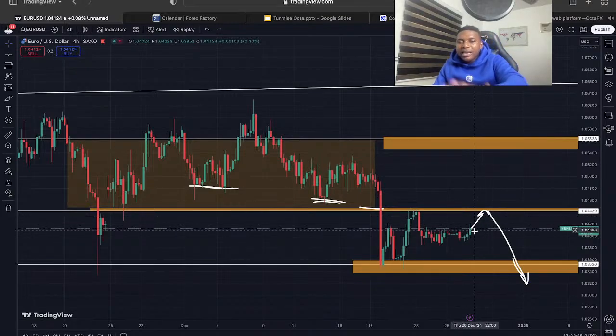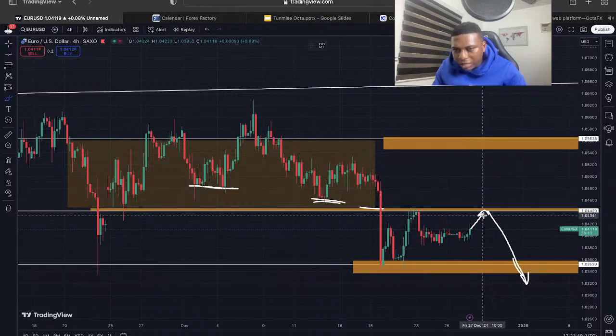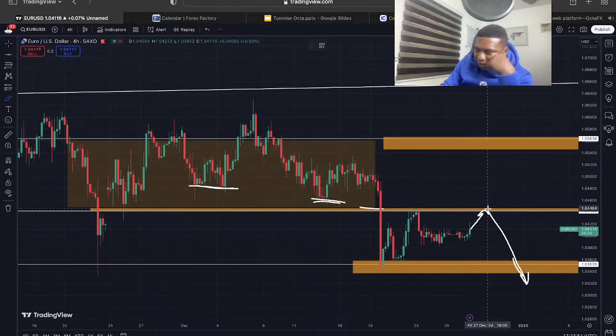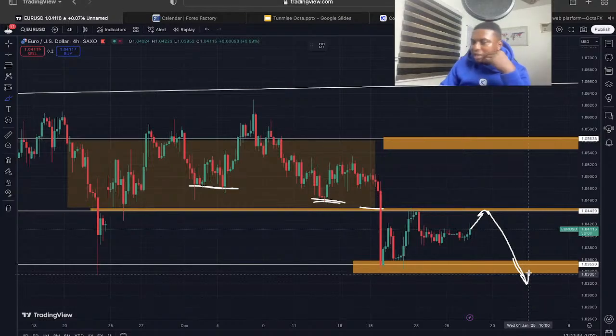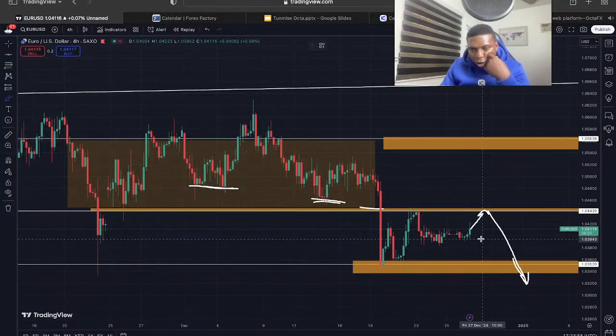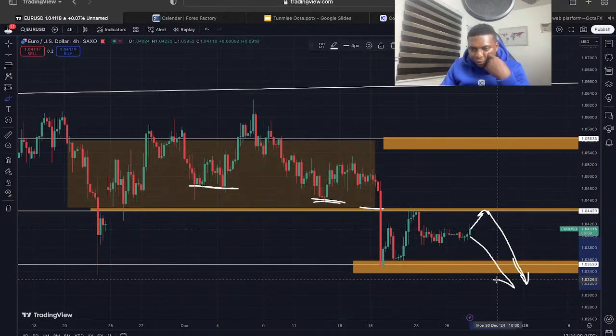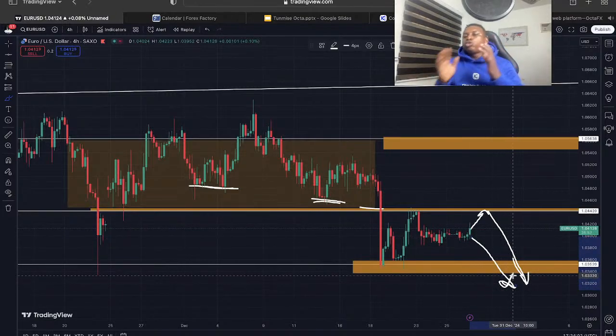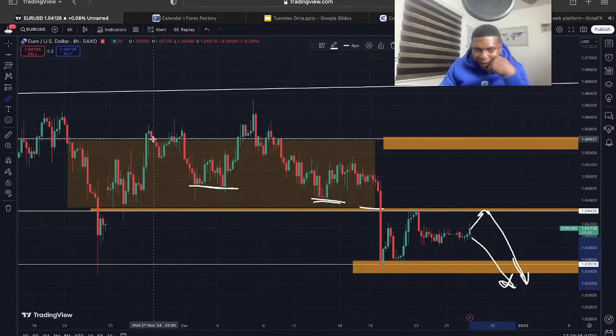So this is our next prediction here, is price going up to this minor resistance zone and coming down further. Or falling down further from here. These are two scenarios that I envisage on Euro USD. From here,